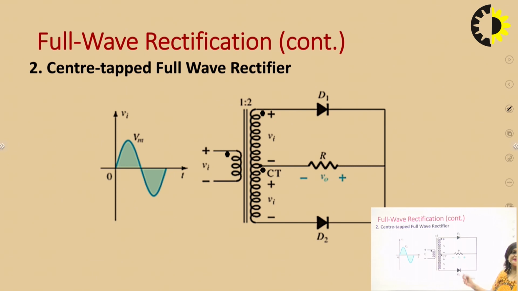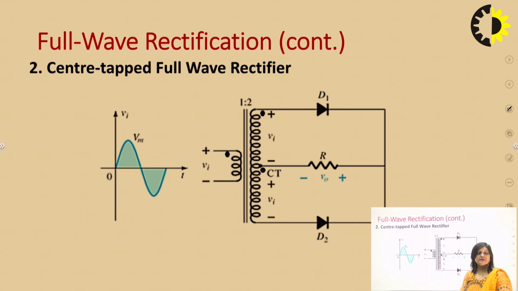And now this is the center tap rectifier. In the center tap rectifier, we are using two diodes. The bridge rectifier is preferred over the center tap rectifier because the center tap rectifier uses a center tap transformer. That is very costly, very bulky and very heavy. And the bridge rectifier has a higher transformer utilization factor in comparison to the center tap rectifier. In the case of the bridge rectifier, its value is nearly 0.8, and for the center tap rectifier, its value is 0.6.